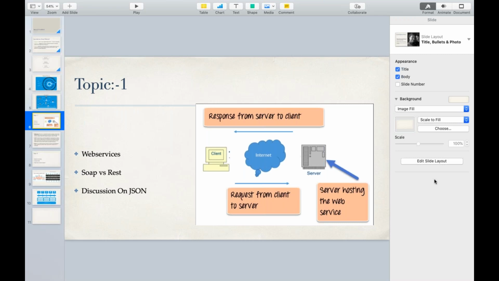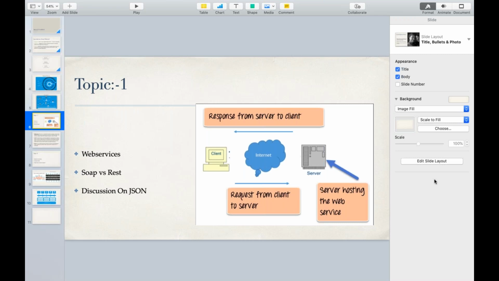To resolve these problems, web services came into the picture. The programmers set some standards to transfer data from one application to the other. Web services are nothing but transferring data from one system to another system by using some standards.